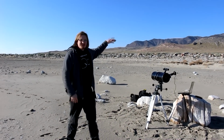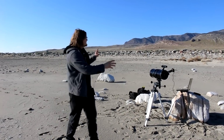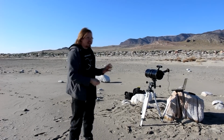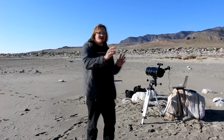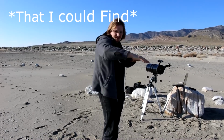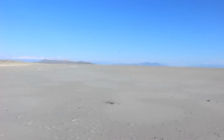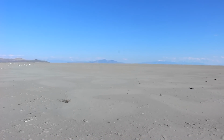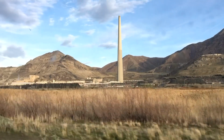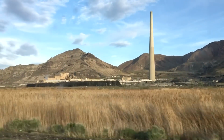So I'm currently on the beach of the Great Salt Lake at Promontory Point, Utah. This here is a peninsula that extends out into the lake, but it's also one of the longest straight shots on a level surface, the surface of the lake, to a major landmark. You see over there is the Kennecott smokestack, about 35 miles away. It is the tallest man-made structure west of the Mississippi River and is almost as tall as the Empire State